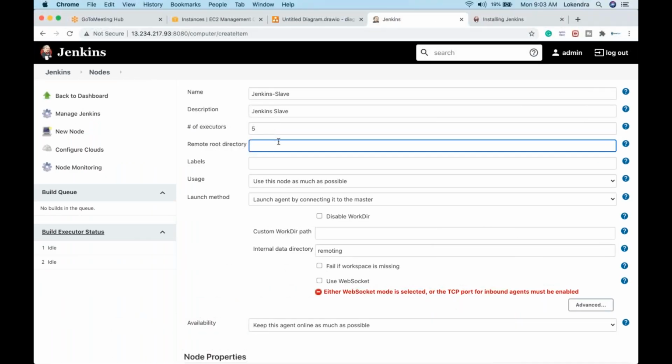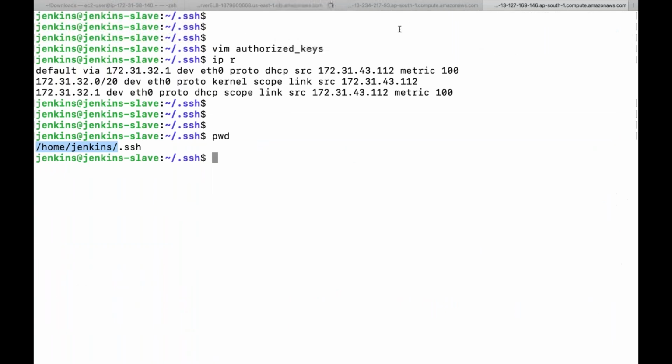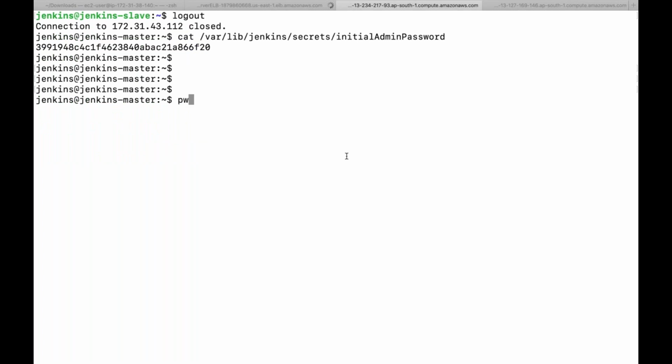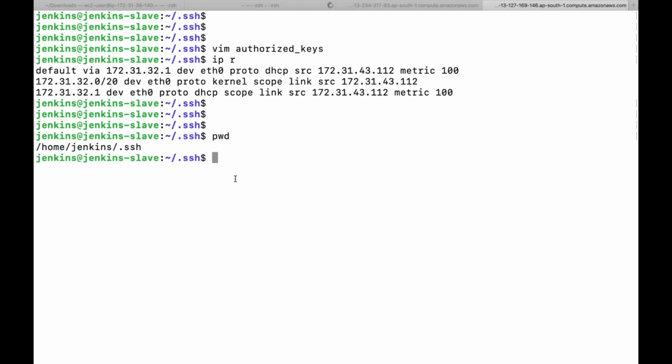Why is it so guys? Because obviously I want that on my Jenkins master, see it here. This is my Jenkins master. So what is going to be the working directory? /var/lib/jenkins. So whatever I perform here, that data will be stored within this working directory. But on my slave, whatever operation I perform on this server, which is Jenkins slave, the data should be stored here under /home/Jenkins, right?